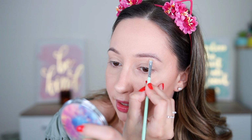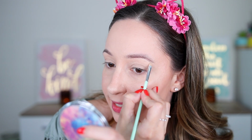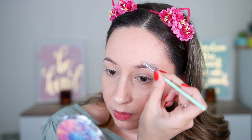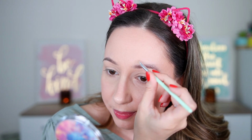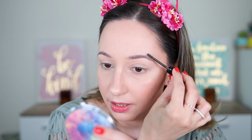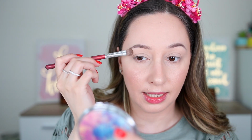On this brow, I need to clean the lower brow ASAP. And also, let's go to the upper side, which is super messy. I'm taking the brow gel to just apply a tiny bit here. And I'm taking some powder to set the concealer. So this is my attempt